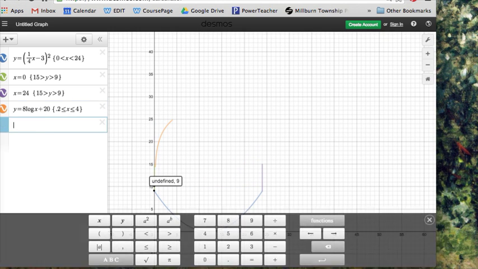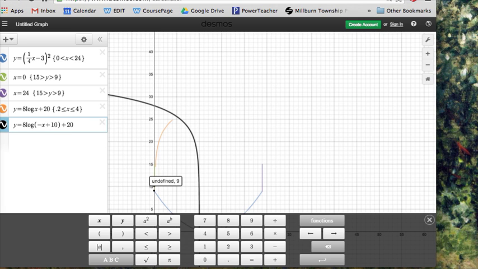So let's see, I want it to be over here. So what I'm going to do is reflect it over the y-axis, which that reflected over x, that was no good. So let's see, 8 log negative x. There we go. Move it up 20. But I want it to move to the right a bunch, so it comes over to the right. So I'm going to add,